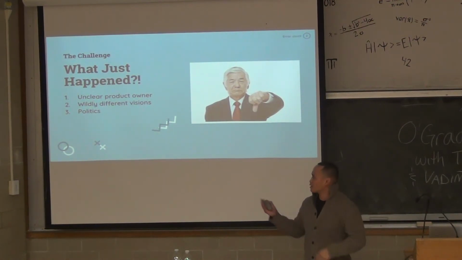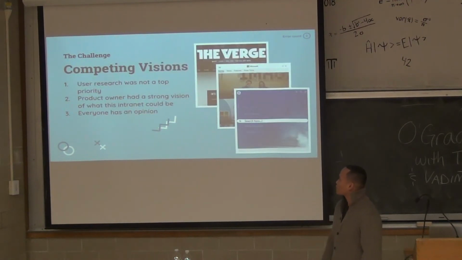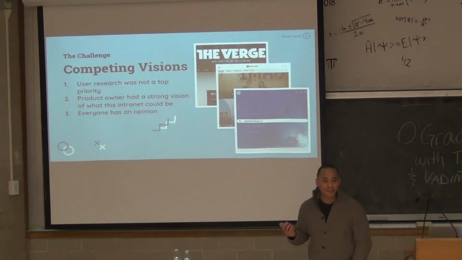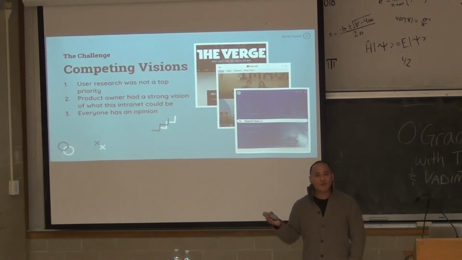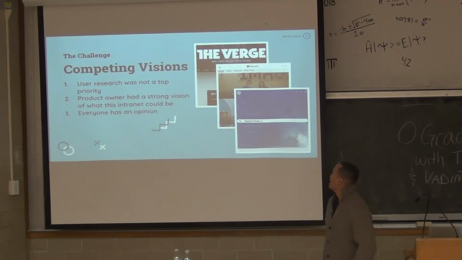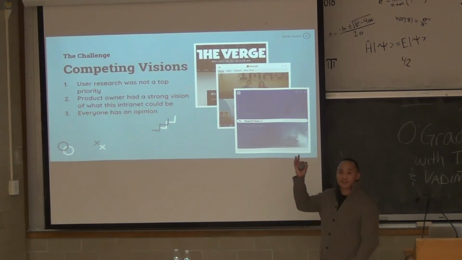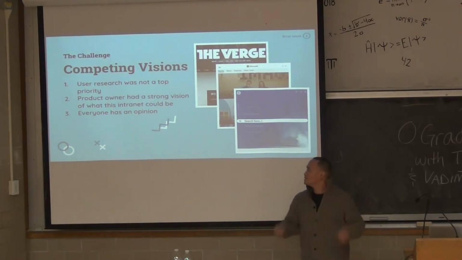And then politics. I'm not going to go too much into this, but there was a whole array of internal politics going on that made us lose focus as well. And then competing visions. After we presented this, everyone and their mama had some type of opinion on where we should be designing. We got suggestions like, make it look like GE, have just one search bar on the homepage. Make it look like Microsoft with that tile design. And the craziest idea was make it look like Verge, because we wanted to, wow.